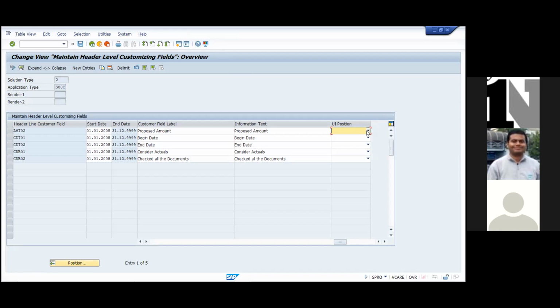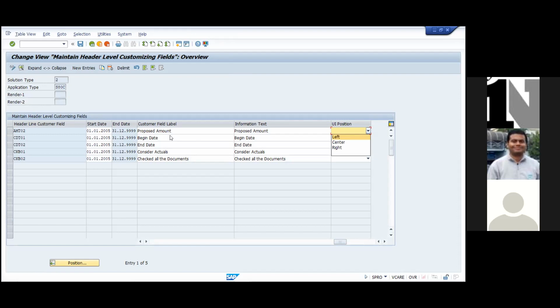UI position means how this field will appear in the UI screen. So basically you'll be seeing in the screen how it will be looking like. But in the demo system, whatever you are using, you can't do it, because you do not have an ESS connectivity. Mostly in the client projects, once you get a job and you get a chance to do that, then only you can be able to explore these things. But nothing much here to be done as a consultant also.